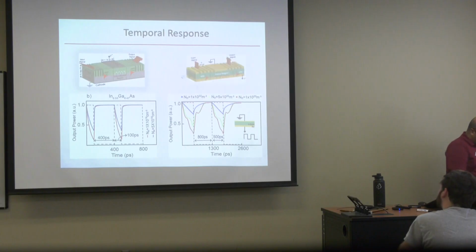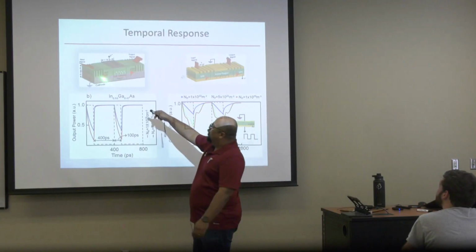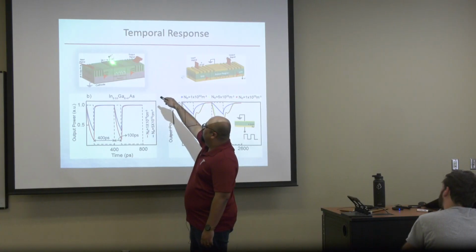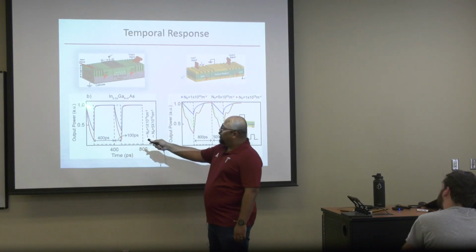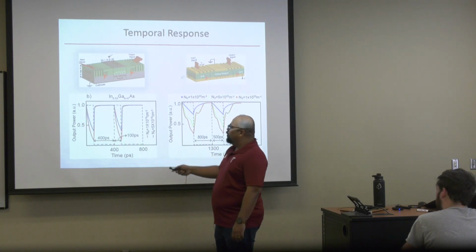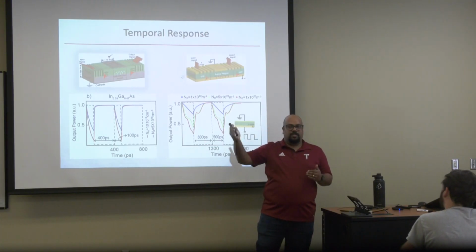Now whenever we design a switch, we need to understand whether it can have repeatable on and off switching. One way to do it is to turn the input signal on and off. At the same time, you can turn the voltage on and off. Once you turn the voltage on and off, you should observe the same change happening in the signal as well.